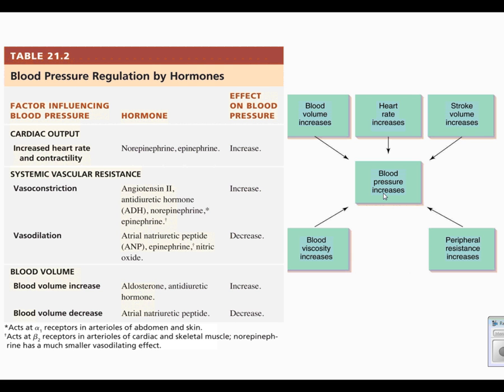Over there on the right is a chart to show how blood pressure will increase with several factors. We said blood volume increases. So will heart rate, and stroke volume increases. We know heart rate times stroke volume gives you cardiac output. So you could just have one arrow with increases in cardiac output pointing to blood pressure increases. Blood viscosity, we learned, was the thickness of the blood. If that goes up, blood pressure goes up, which we said doesn't happen in a normal healthy situation. And peripheral resistance increases will occur when we vasoconstrict our arterioles and that kind of stuff that we've talked